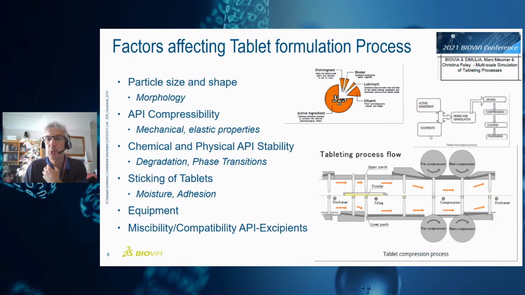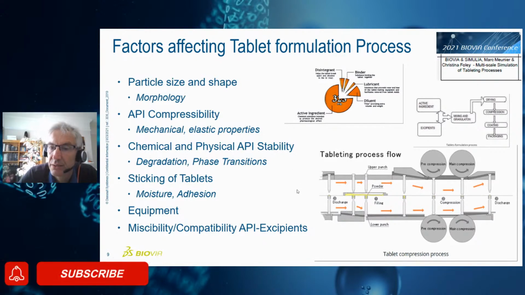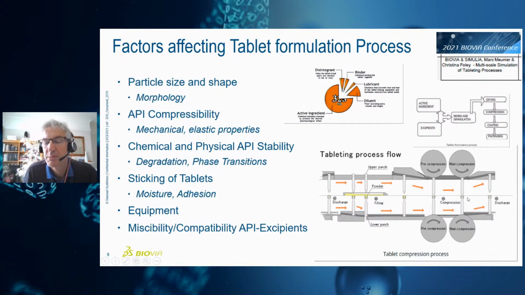And then a very important point in the development of the tablet, a common issue, is punch sticking. That's what happens when here in number 2 or 3, you have some of the material that sticks to the punch that is used to compress and make the tablet. So punch sticking is sometimes an issue, and so we can investigate the interaction between the active ingredient and the excipients that are here, the binder, lubricant, and so forth, and how this interacts with the surface, mostly stainless steel surface of the punch.